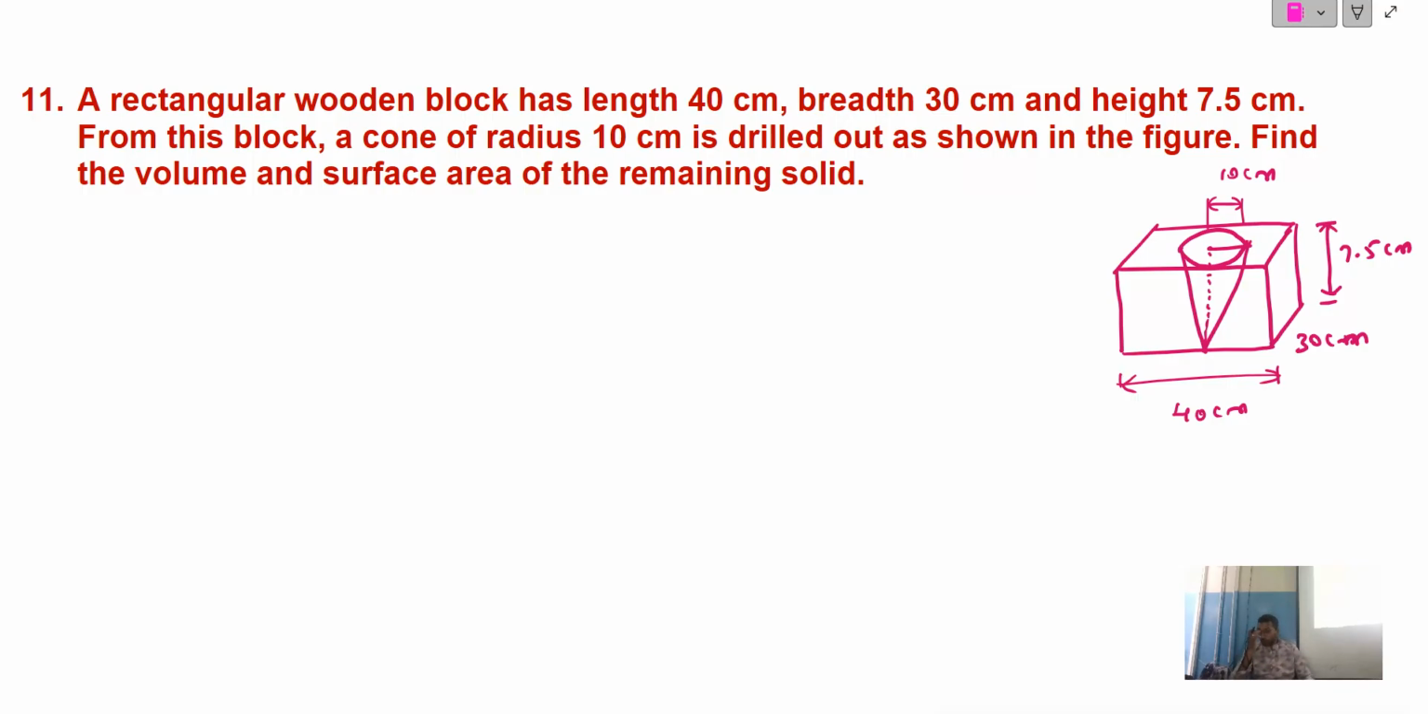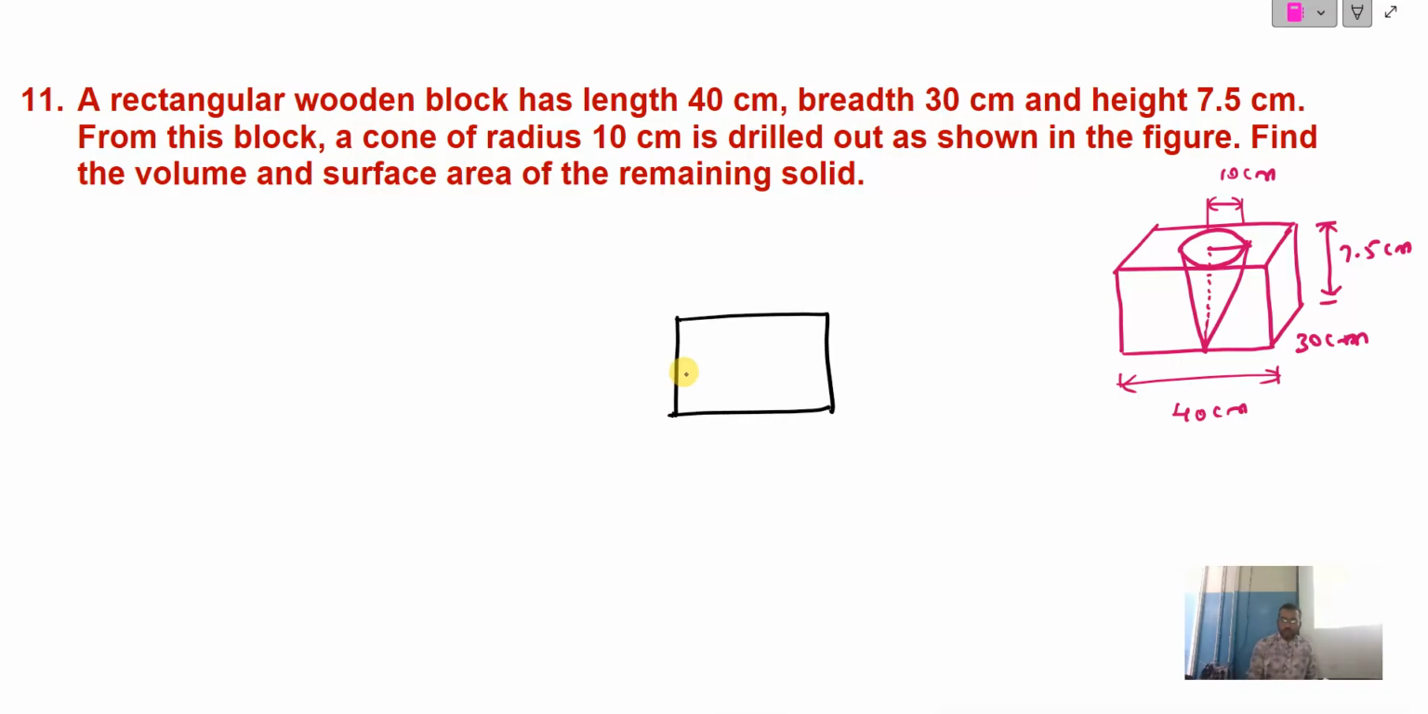Now, they have given the dimensions of this. What dimensions are given? Length is 40 centimeter, breadth is 30 centimeter, and height is 7.5 centimeter. They have given the dimensions, length, breadth, and height. Now, from this wooden block, a cone